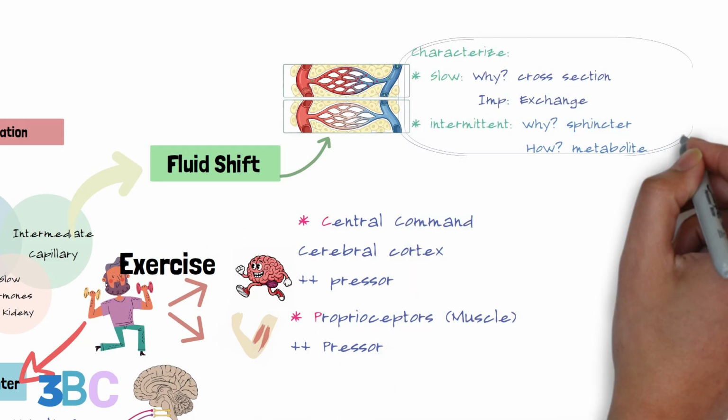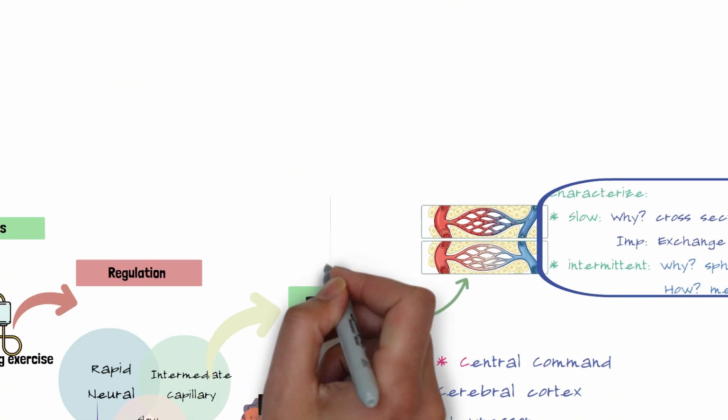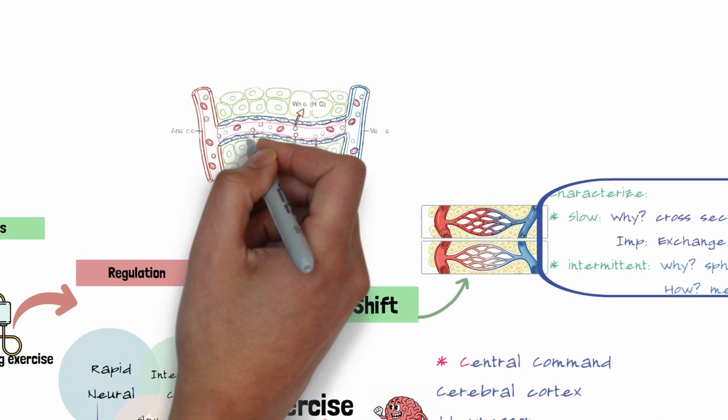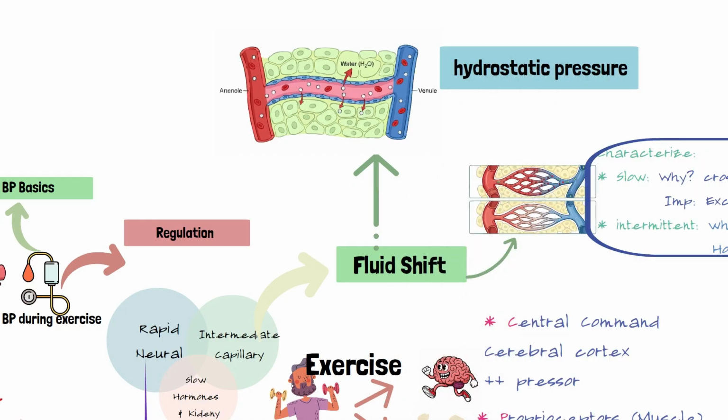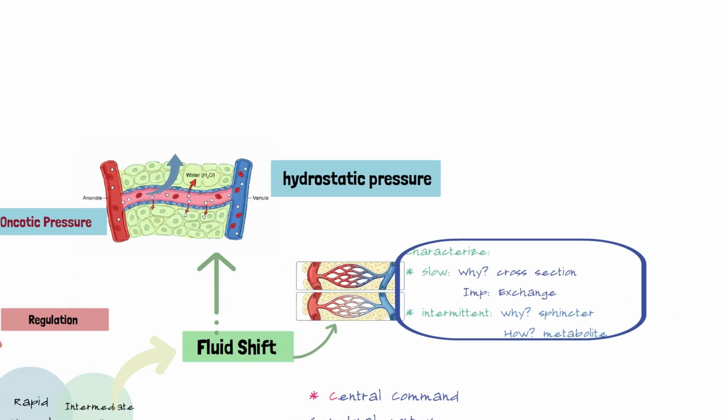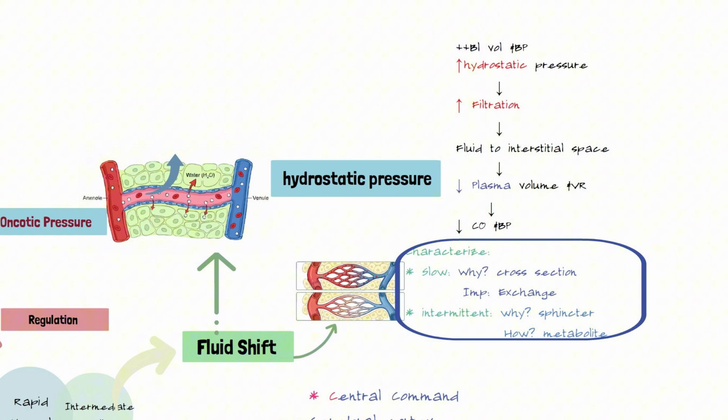Two characteristics of the capillary: the flow is slow and the flow is intermittent. And for regulation of blood pressure, this depends on the hydrostatic pressure. The change in the hydrostatic pressure changes the filtration and the plasma volume, resulting in change in the venous return and the cardiac output. So now the final part of the regulation, which is the hormonal and the renal, and we